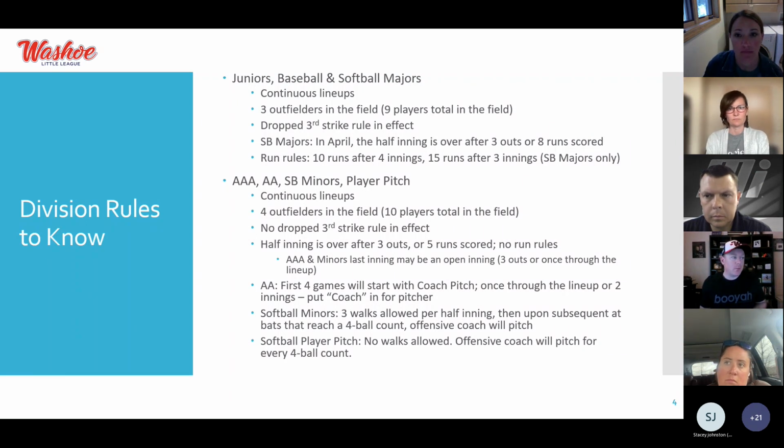For softball majors this year, we have a half-season rule. If you're doing softball majors, for all the games in April, we will end the half inning if 3 outs are recorded or 8 runs scored. The reason we're doing this is that last year we had some learnings in softball. On the softball side, pitching is critical and it's not always perfect. We had some games where the pitching got out of hand, and a 15-run inning would happen in the first inning,